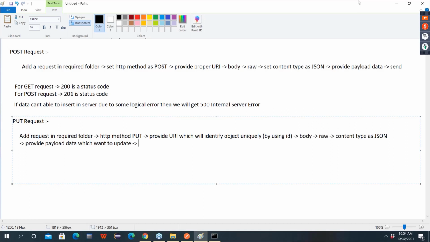Then click on send. Status code is 200. So for put also, what is the status code? 200 if it is really updated. Note this.